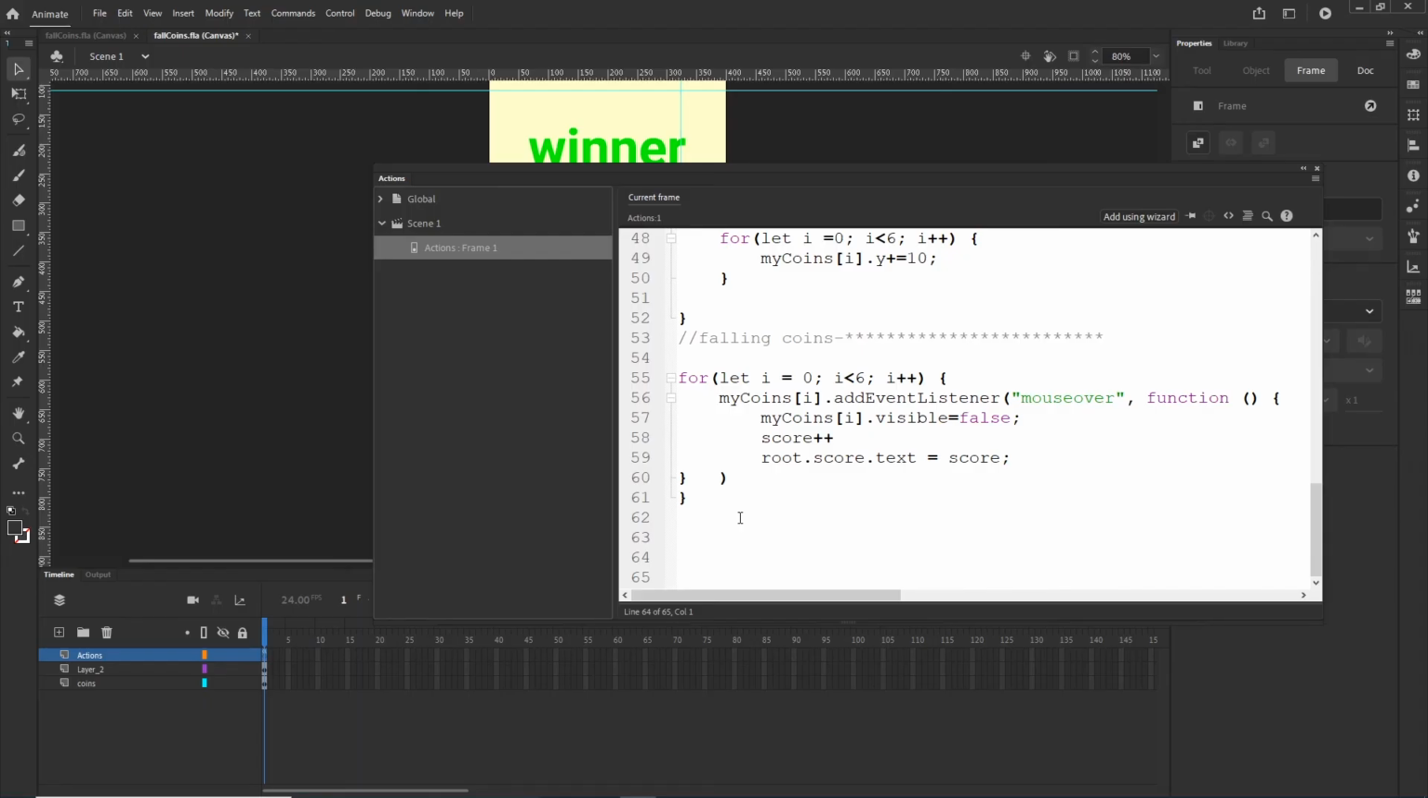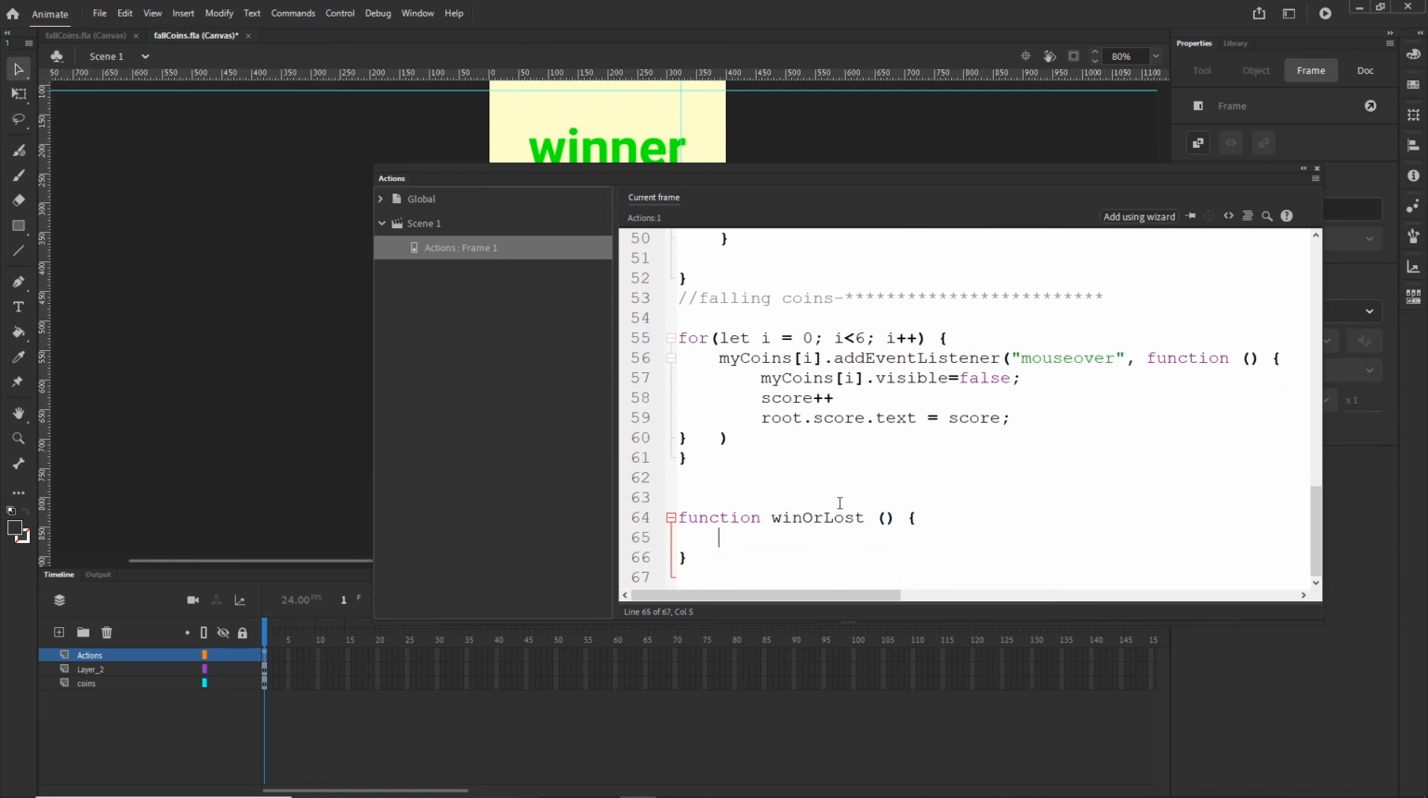Okay, and so right now I'm going to create the function which is going to choose whether I won or lost the game. So I'm going to type function. I will call this win or lost. Again, parentheses, curly parentheses, and this can be maybe a little bit tricky, but yeah, we are going to go with an if-else statement. So I will type if,